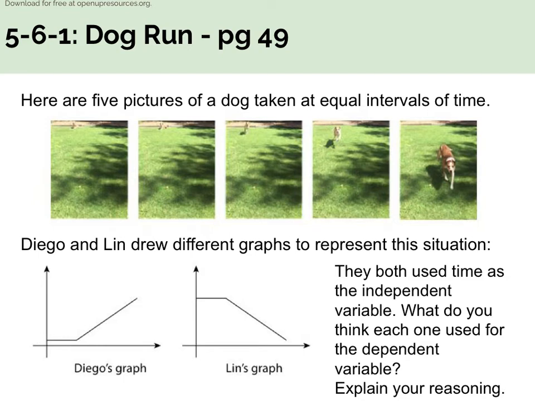So if you look at the graphs, both graphs are good scenarios. They are using different variables as the dependent variable, because you can tell by the graph itself. If you look at Diego, his is distance. So for the dependent variable, which is the y-axis, right? Remember that. His is distance